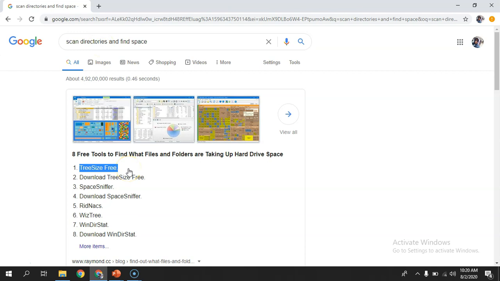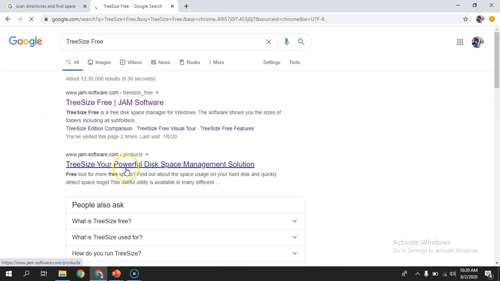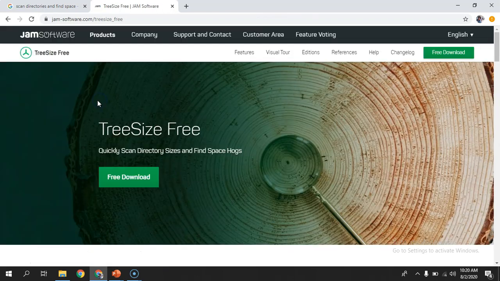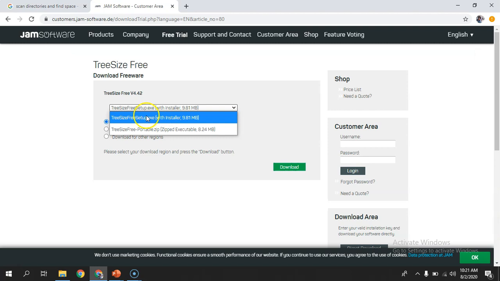There we go. So as you can see, TreeSize makes it to number 1 in this list, and it is also the tool which we are going to explore in this lecture. Let me search its site, and it is developed by JAM Software. The free version is available, which is good enough for us. Either you can download its executable that needs to be installed, or you can download the zip file and directly use it.